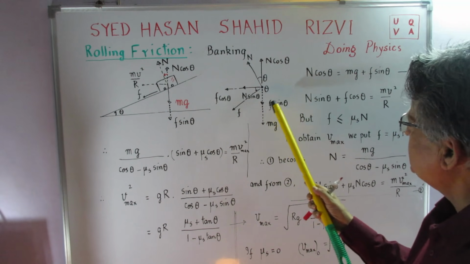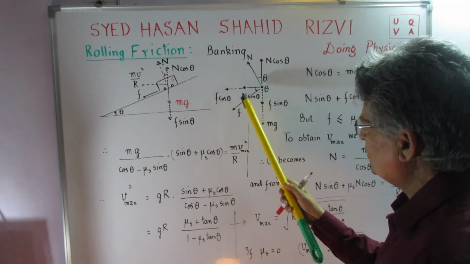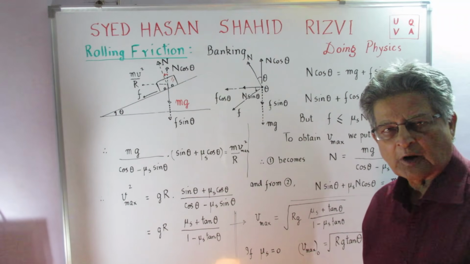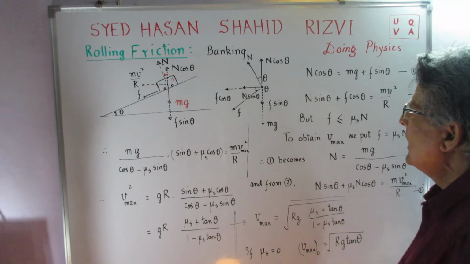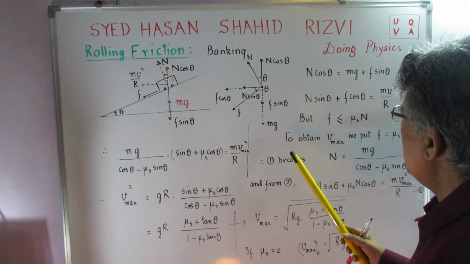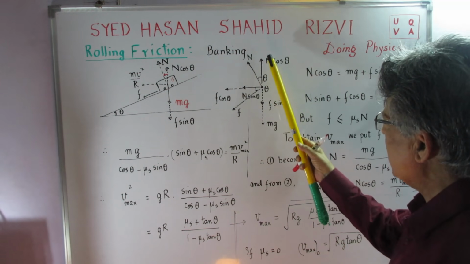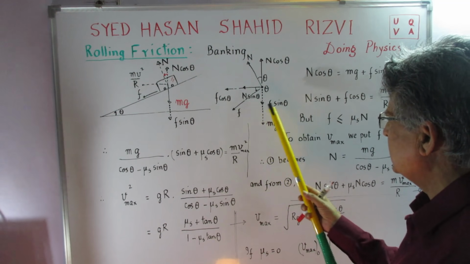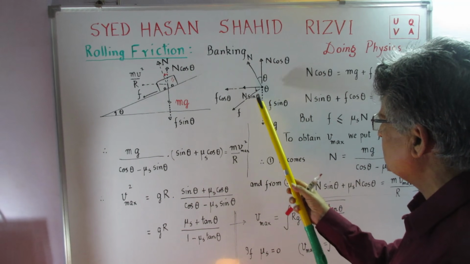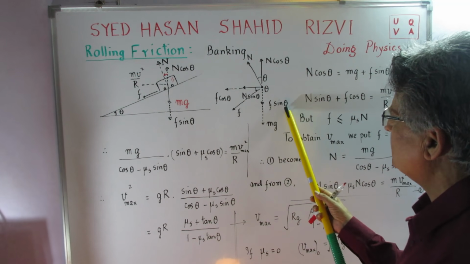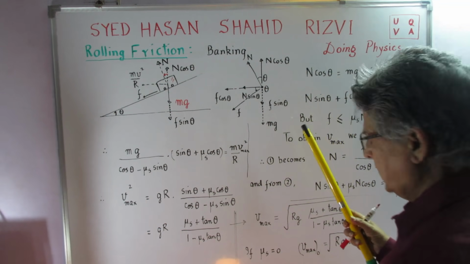Now this set of forces together provides the centripetal force, which is mv square upon r, as I told you before. Then I can say that N cos theta is balanced by two forces: f sin theta, the resolved part in this direction, because this angle is again equal to 90 minus theta, so this becomes f cos of 90 minus theta, which is f sin theta, plus the mg force. Then we can write the equation